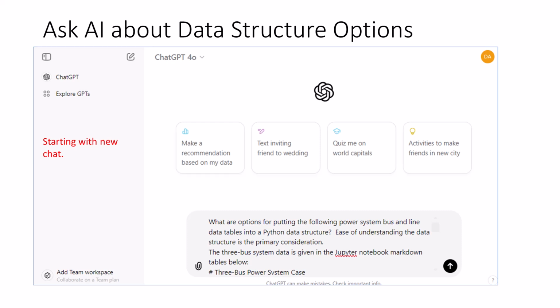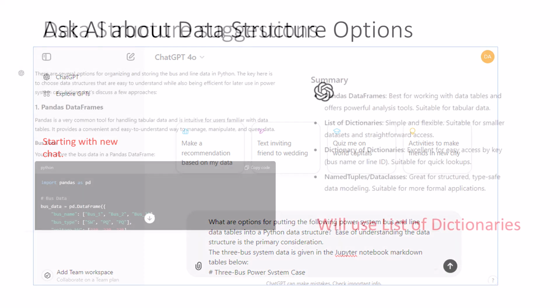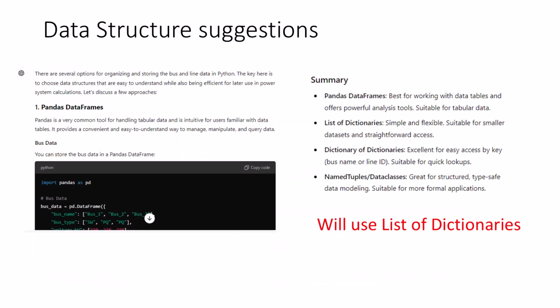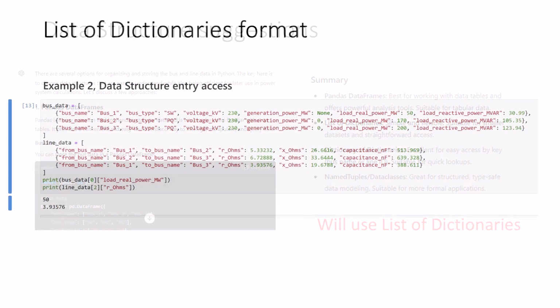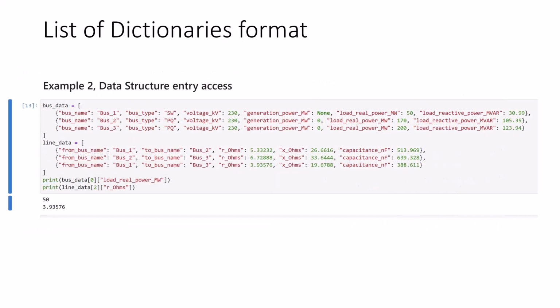One way of approaching the data structure selection would be to first ask the AI tool to identify possible options. Here we see a query designed to do just this, based on our bus and line data, which is included in Jupyter table format. In this case, we get 4 recommendations with sample code given for each approach. We will use list of dictionaries, option 2, since we are working with a simple and small data set. For the case list of dictionaries, ChatGPT provided us with the sample code for the data structure. So once we have tested this in Jupyter Lab to make sure it works, we can then use this directly